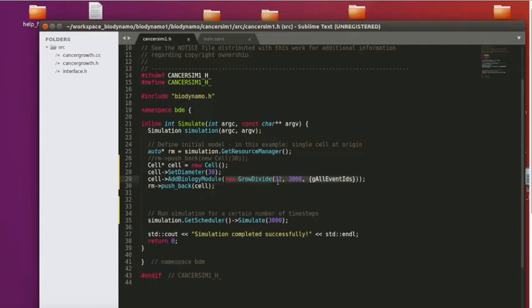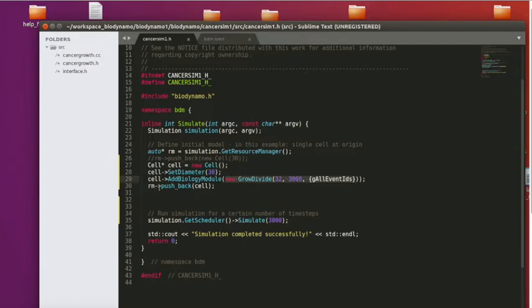The first parameter is the threshold for division, so at which diameter does the cell body divide, in this case 32 microns. And the second number here is the speed at which the cell body grows, or the volume grows of this element. And in this case we use this number of 3000,